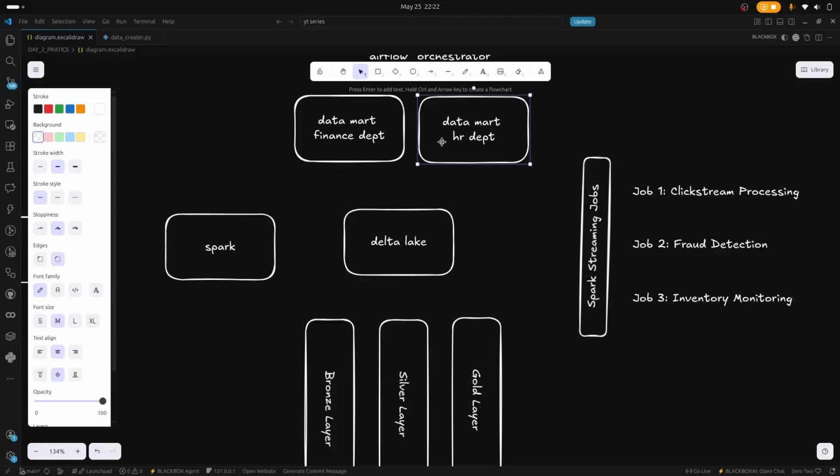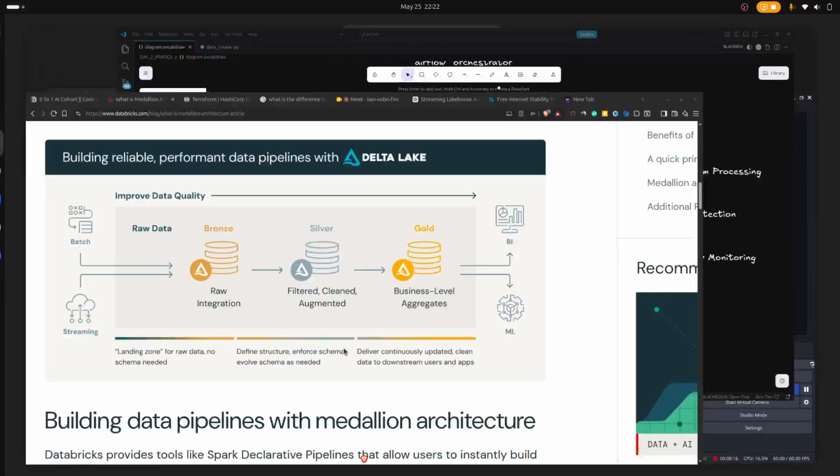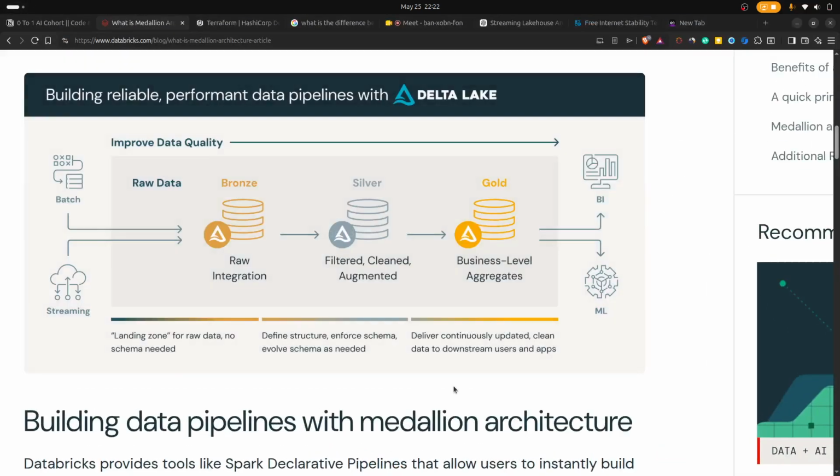And by this architecture we can also implement hard policies, such as only regulated data goes to regulated departments. By this, we can also secure our data platforms and our data systems. So this is our medallion architecture,